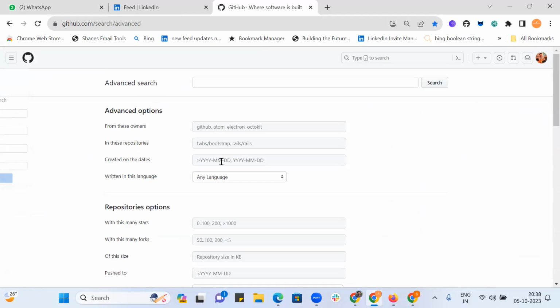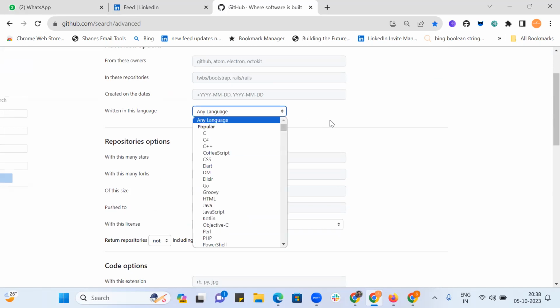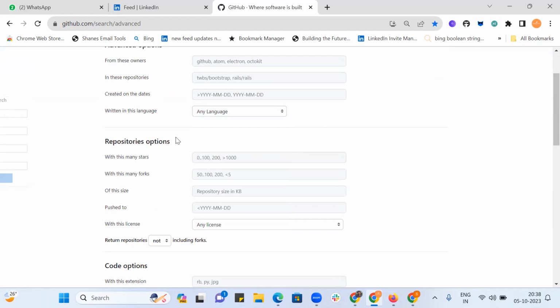Created dates definitely required to identify the experience, and then give that particular date range to identify within those dates it's created, so that we know within these date ranges this profile has been created on GitHub, and then we can go with the assumption that this profile may have these many years of experience. Written languages, any repositories written in these languages will be shown, and then repository options with these many stars, with these many forks, and then repository of the size, pushed to, with the license. All this is optional, but for sourcing, I don't think it's really required